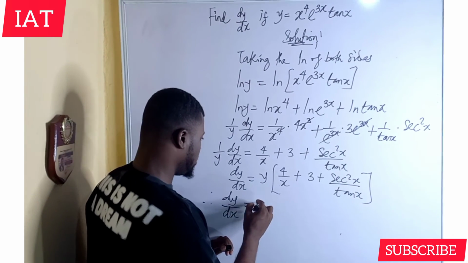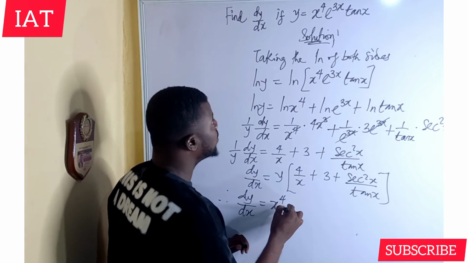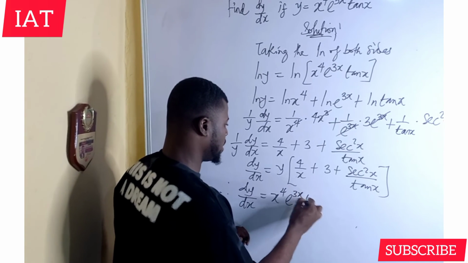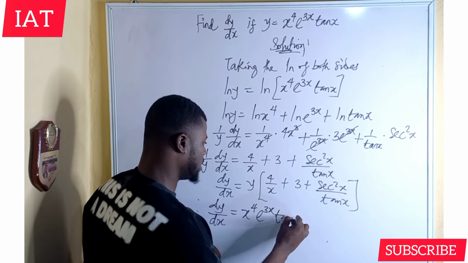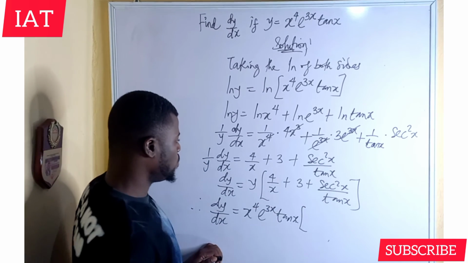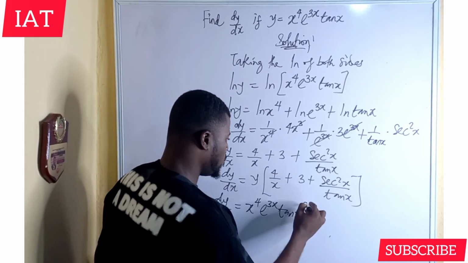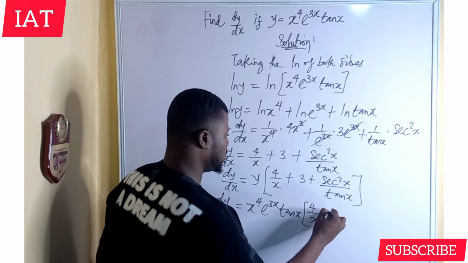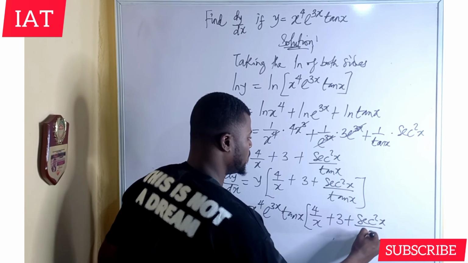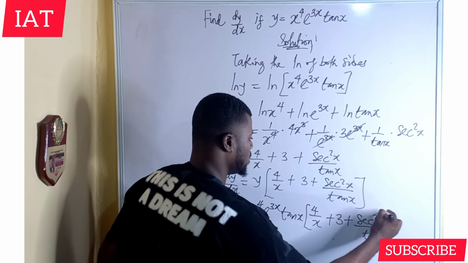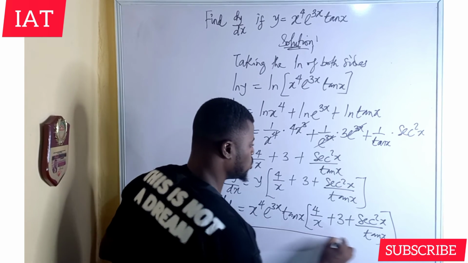So we have x to the power of 4 exponential 3x tan x, let's write it very well, tan x, into, here we have 4 over x plus 3 plus sec square x all over tan x. So this is the solution